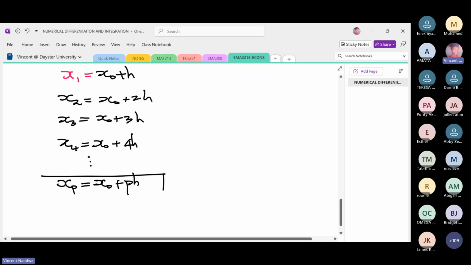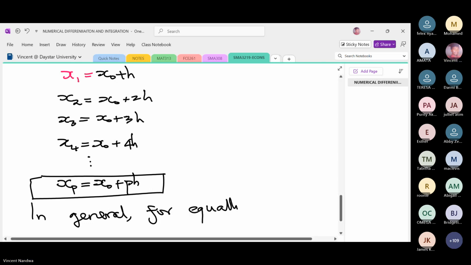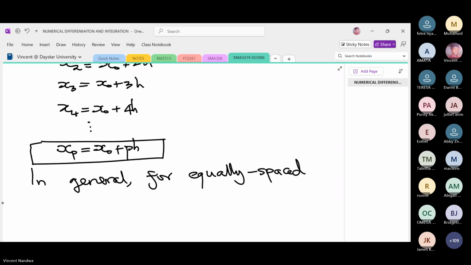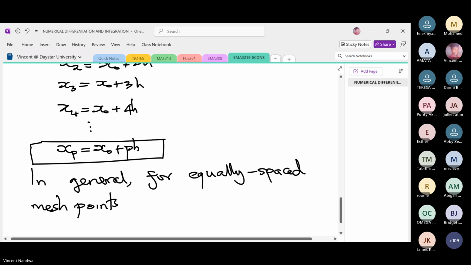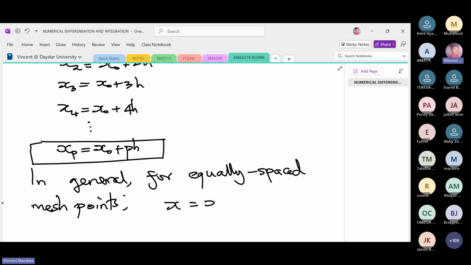So then, in general, for equally spaced mesh points, any value x, which you can say xp, is given by x0 plus ph,